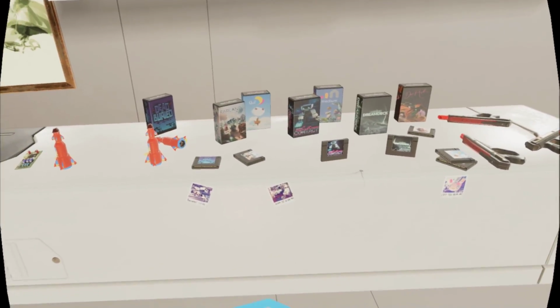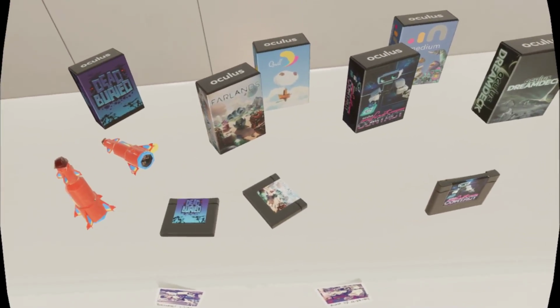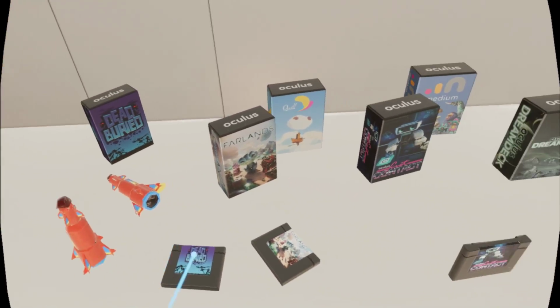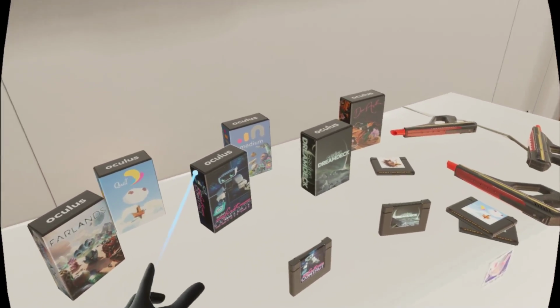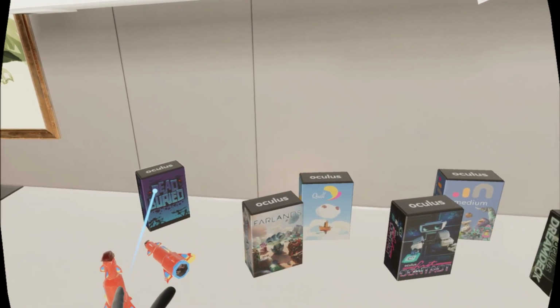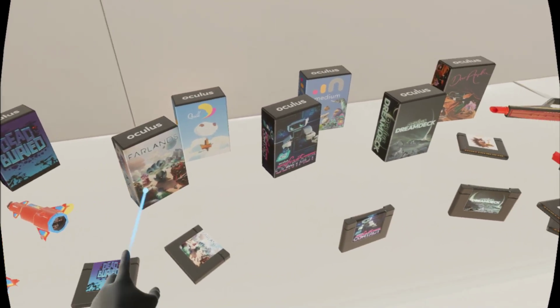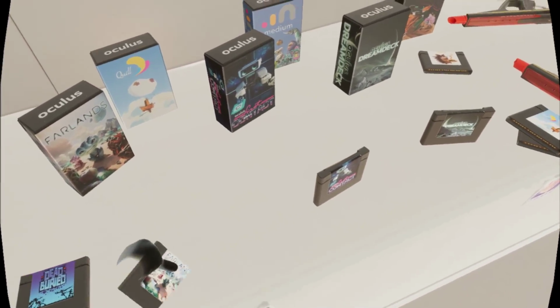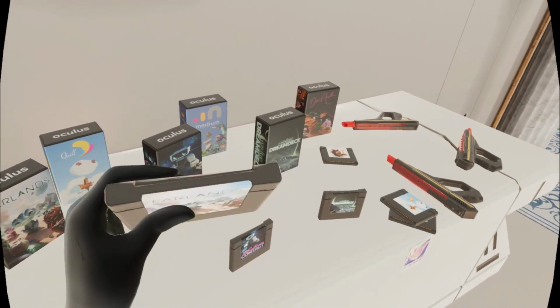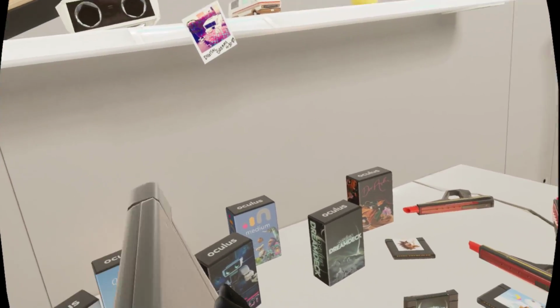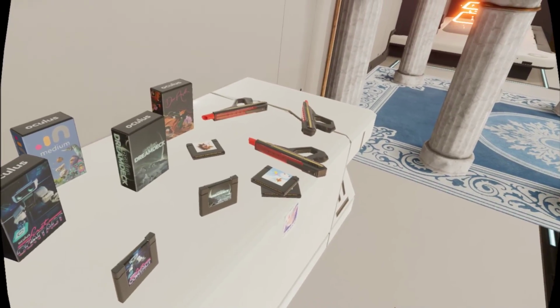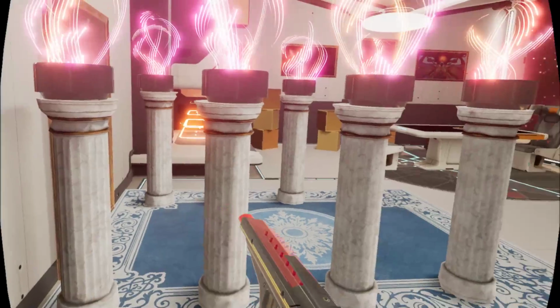This is kind of a cool way to display. I'll show a little bit more on this stuff later, but basically, whenever you buy a game in the Oculus Store, you get the box art for it, and then you get a cartridge for it. Kind of old school. Blowing it. I'll show you what you do with those in a little bit. You can have little pew-pews